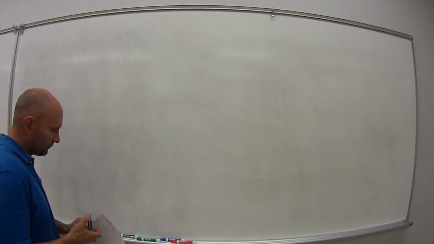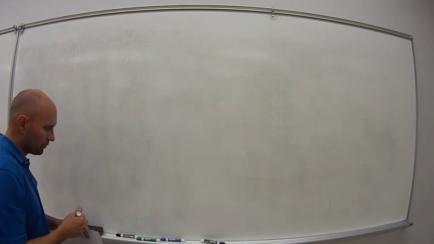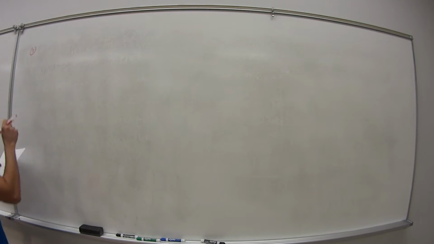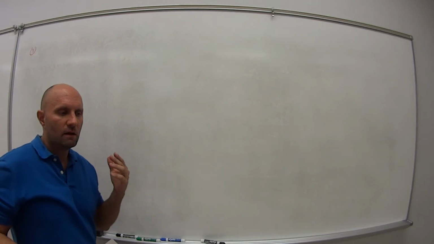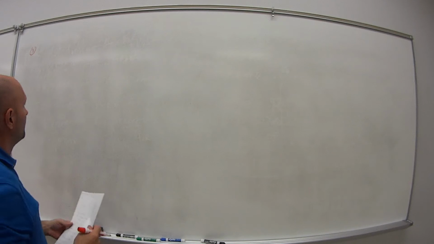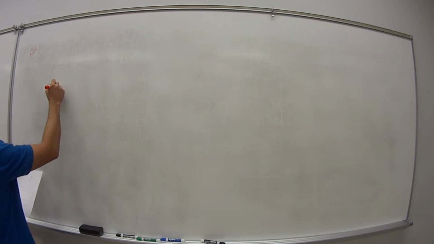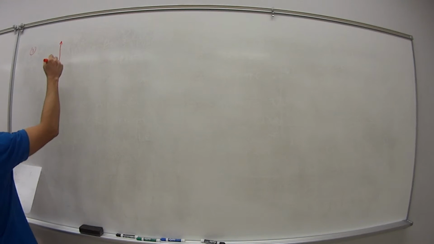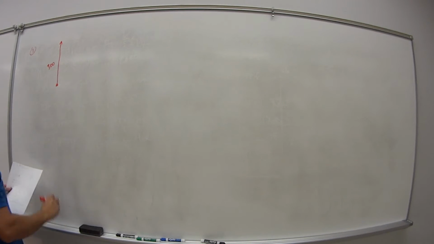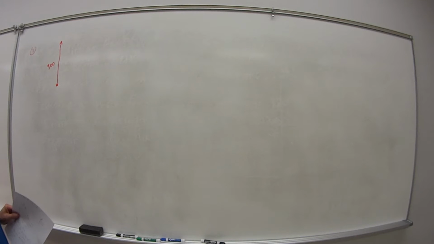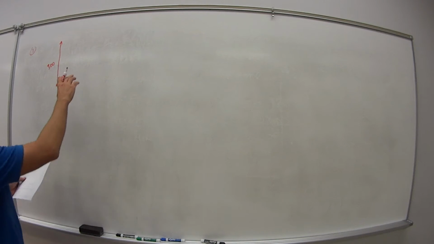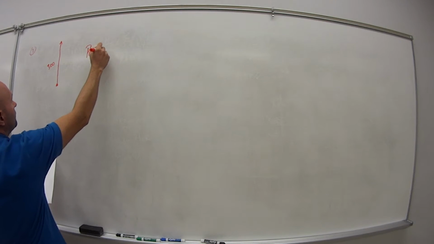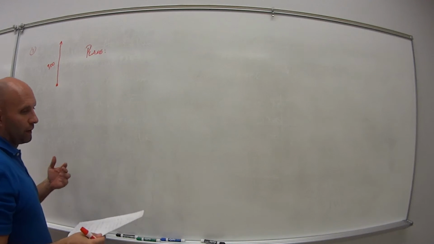All right, so let me switch colors here so we can keep track down the road. So the first thing we wanted for part 1 was the velocity of the plane in still air. So what was happening with this plane? It was at some starting point, flying due north at 300 miles per hour. So that means what? If I'm going to write this as a vector in component form, so again, that's AI